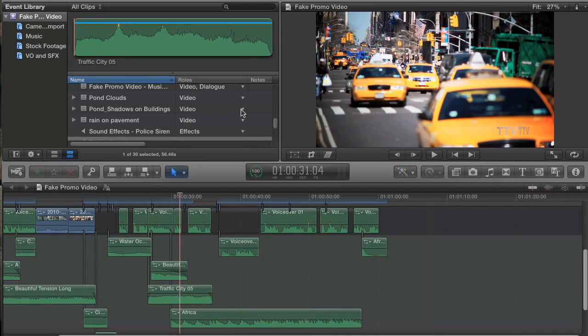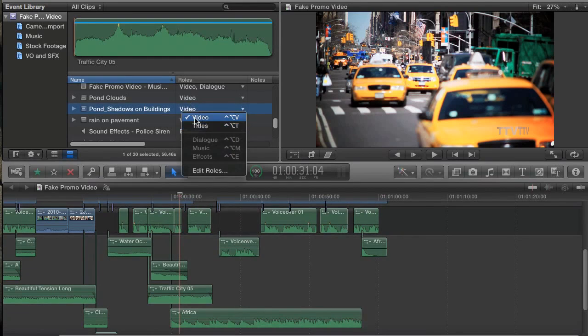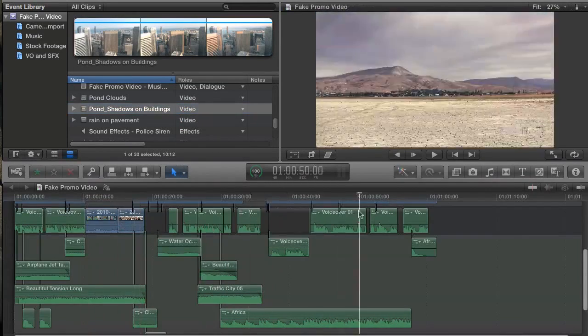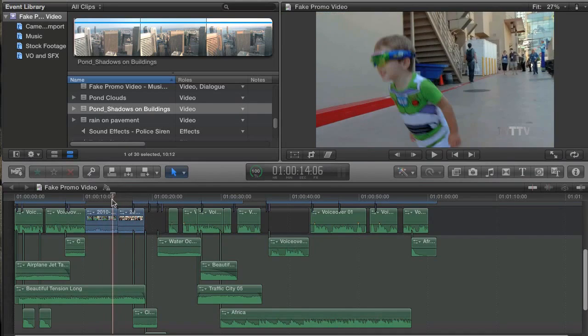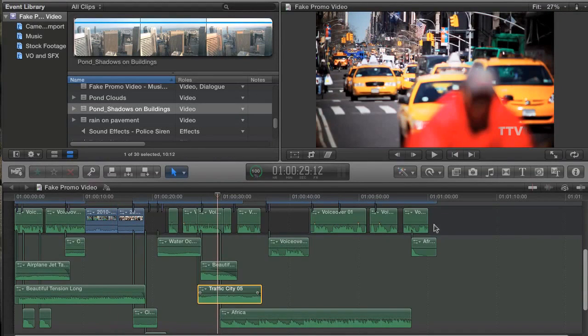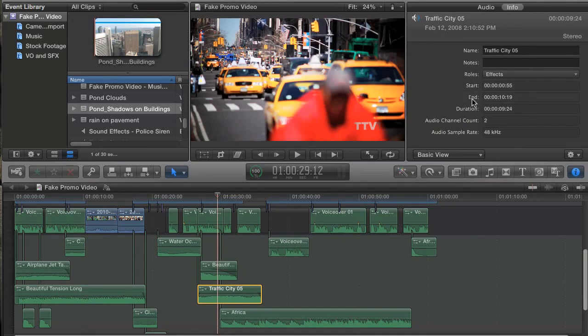And I showed you how to change the roles here in the event browser, but what if you've already edited the clip into the timeline and you need to change it there? Well, you can select it, and I'll just select, say, this Traffic City one here, and inside my inspector, under the Info tab, I can click this drop down and change it to any other role that I want. Now if you do this, be aware that you're only changing this individual clip, that it doesn't